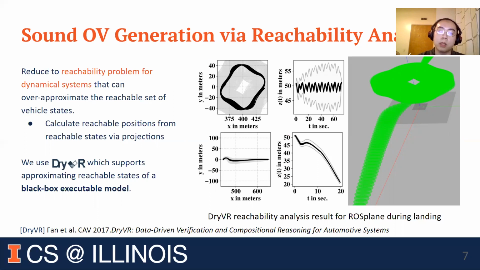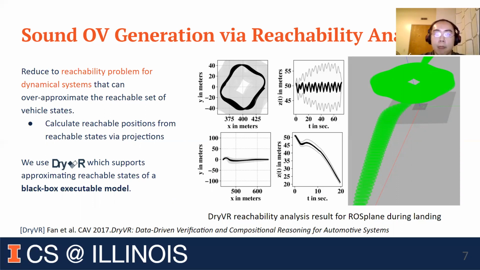So in this particular work, we use DryVR. It is a reachability analysis tool that can support black box executable models, which we use with simulation engines. So we can generate simulation traces, and DryVR will return a reachable set that overapproximates all the traces. So for example, the figure on the right